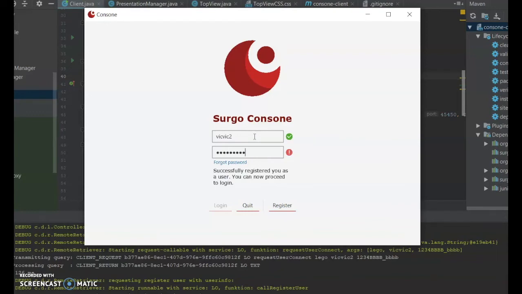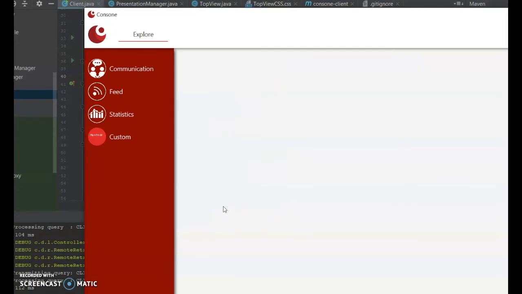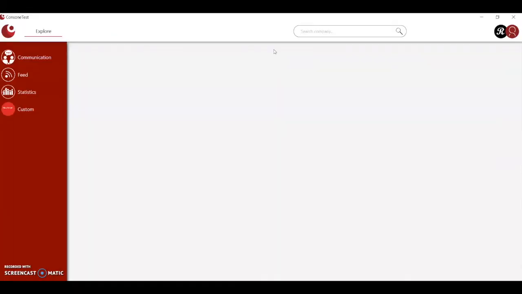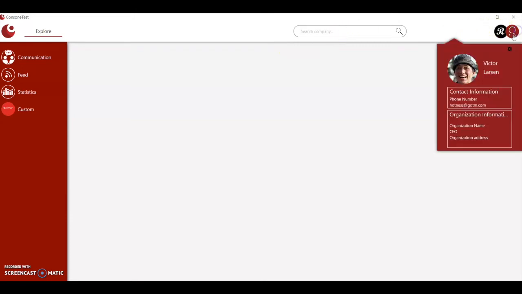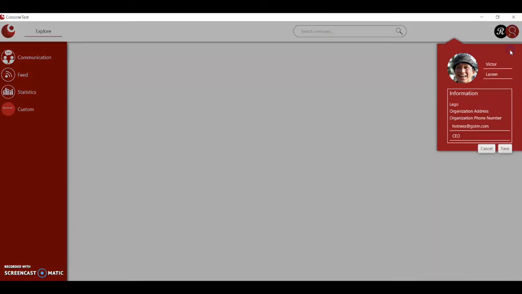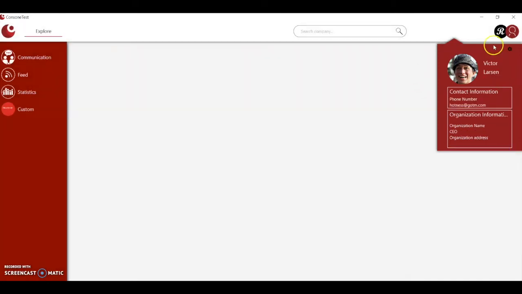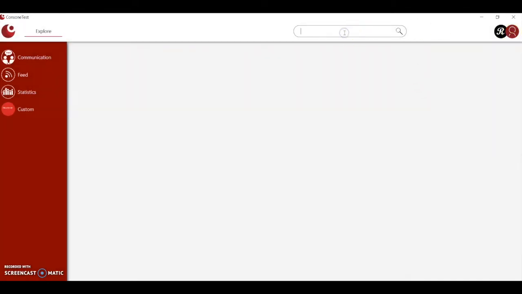With valid account credentials, the user is able to access the application. The open application is implemented so that the user has a taskbar in the top and left side, where the top is associated with the user and the left side with the company. In the top taskbar, the user can, for example, visit the user profile, which changes information according to who is logged in. If users wish to change their personal information, they can click on the cogwheel, change the information and save it afterwards. Additionally, the user can search for companies by using the search bar.